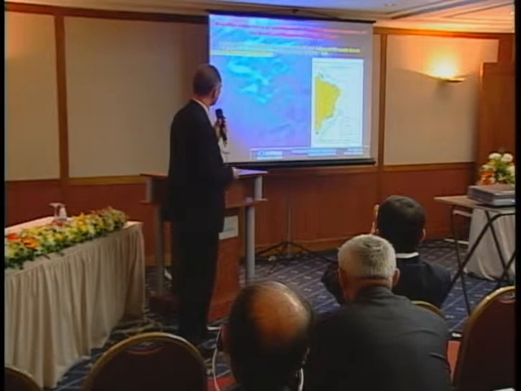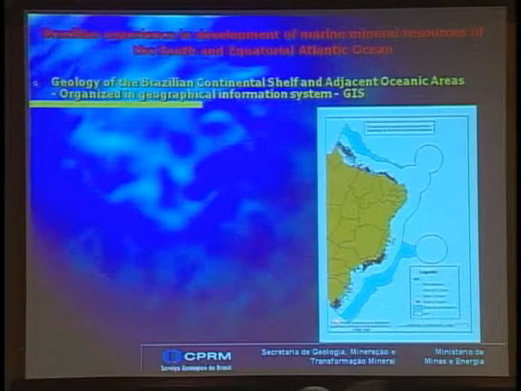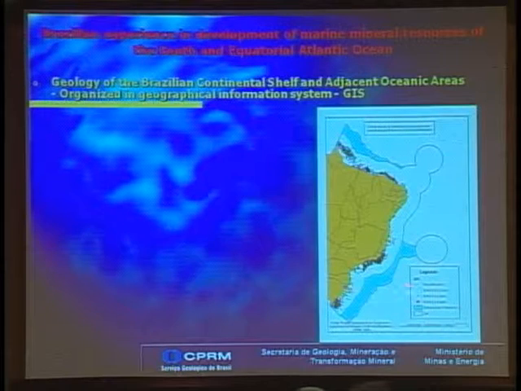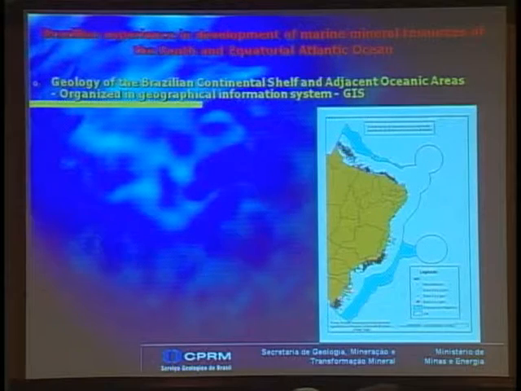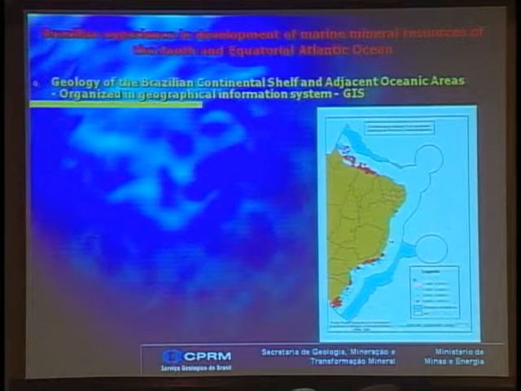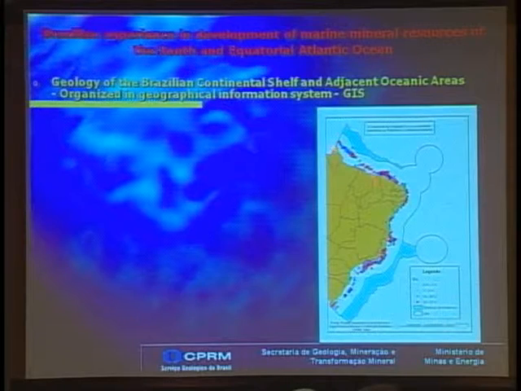Just to give some examples, we analyzed several samples. We did the geochemical analysis of this sampling. For example, here is for silver. We have some anomalies, the red color. Next one. These are the anomalies for titanium. Titanium comes from these black sands that our colleague from Senegal mentioned yesterday. The next one. These are the anomalies for calcium.